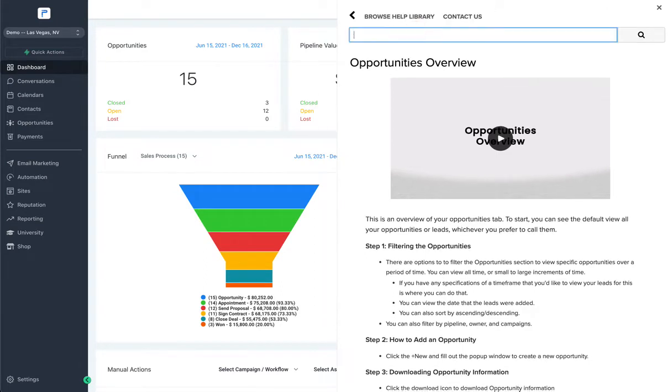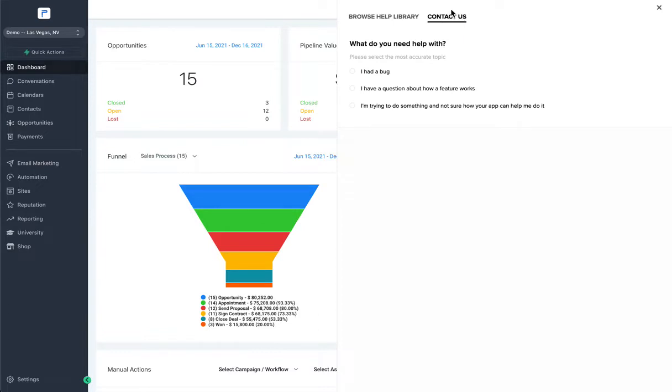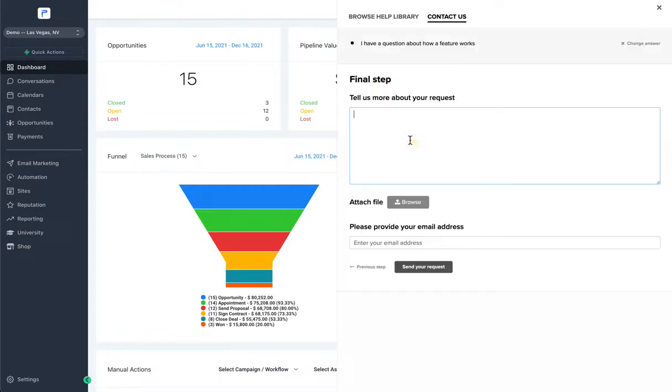If this response is not good enough for you and you need something a little bit more detailed, then you're going to answer one of these questions and you're going to choose the most accurate topic. And then you're going to talk more about the actual request. Now, it's really important that you go into complete detail, because